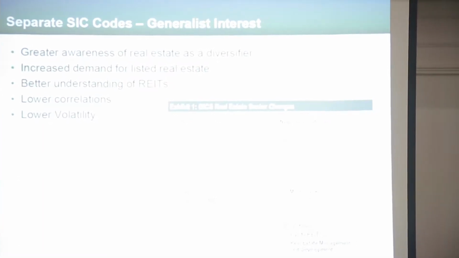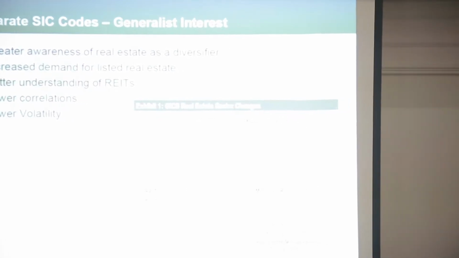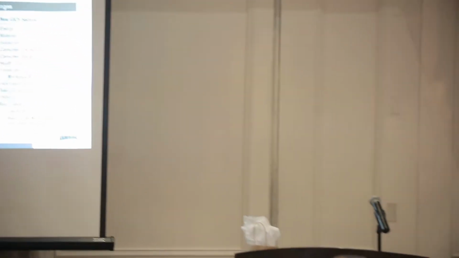Percentage of the REIT index, or percentage of the overall index, I'm not quite sure what it is. The REMS guys might know. It'll be single digits, but it will be something where you're going to have to make a call for or against it. What's been happening that we've noticed anyway is at certain points in the cycle, people are flooding into